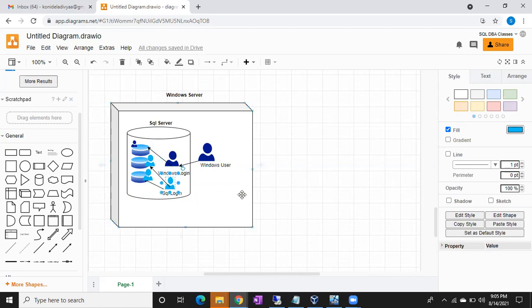So what is meant by orphan? First of all, what is meant by orphan? Orphan means those who don't have parents. No parents, we can call them orphans.